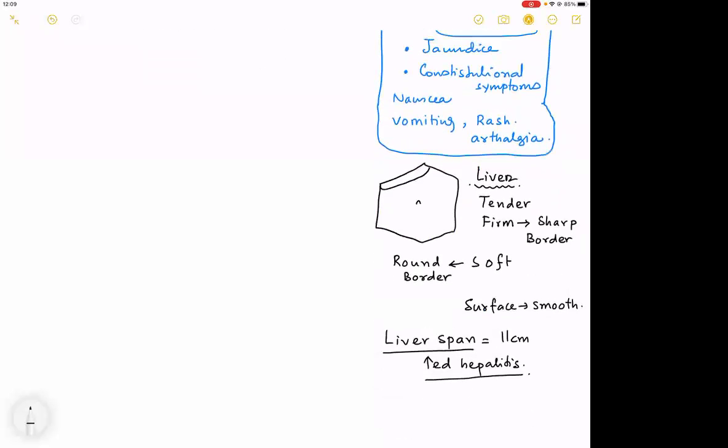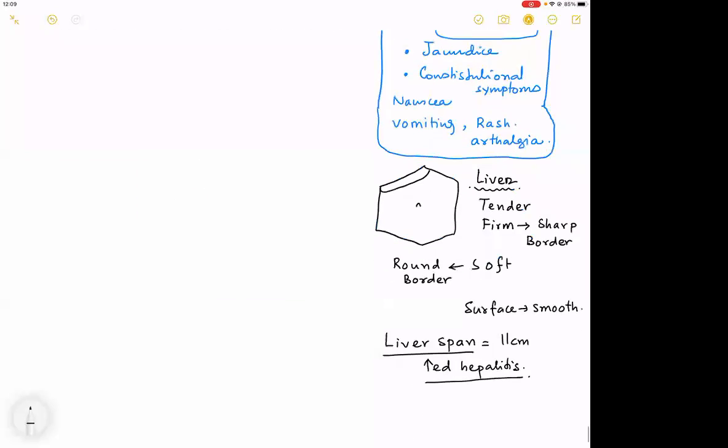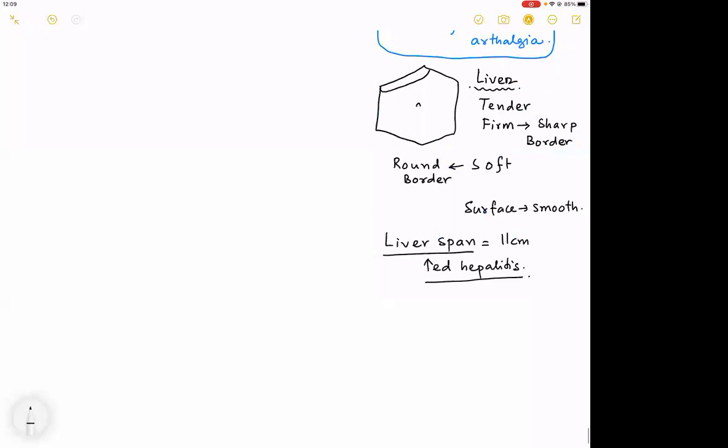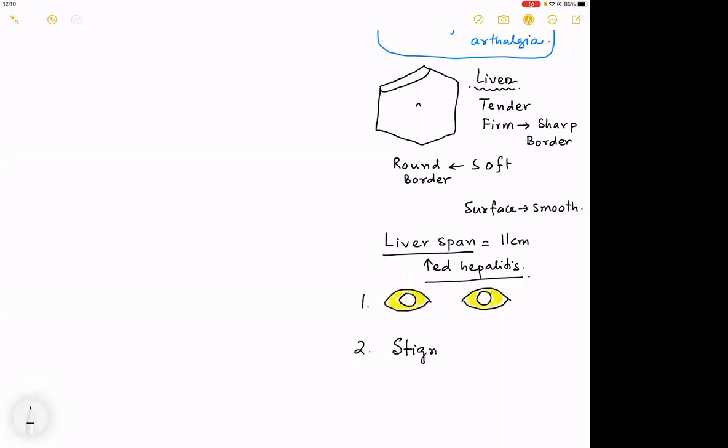This is the first part, about painful liver lumps. Now, along with that, always remember one salient point with any liver lump: remember the 3 points that sir told today. What is the first thing that sir told? Please look for jaundice always. Point number 2, look for stigmata of liver disease. What is that one? I am going to ask you this today.